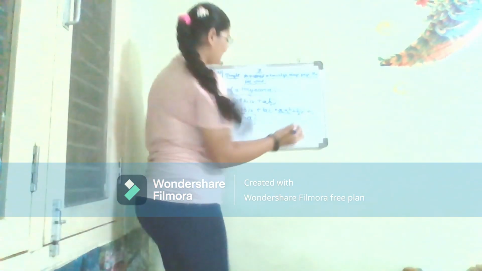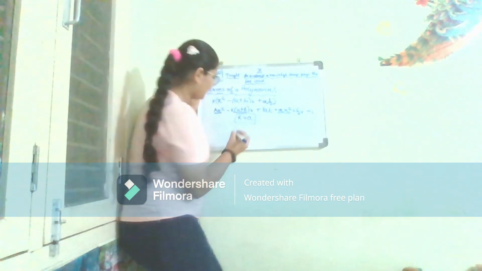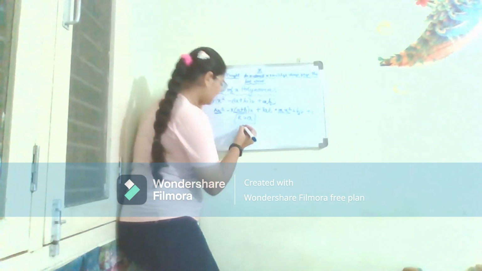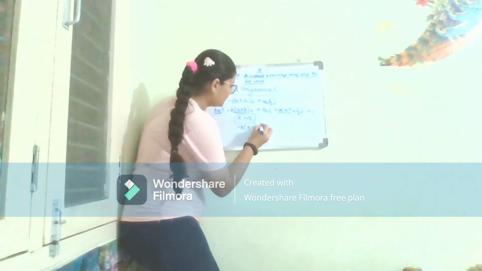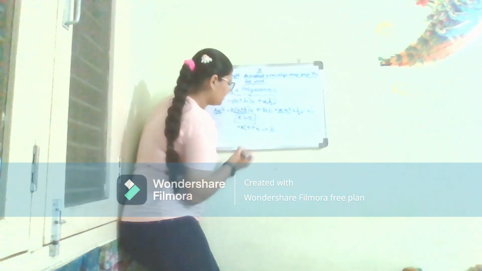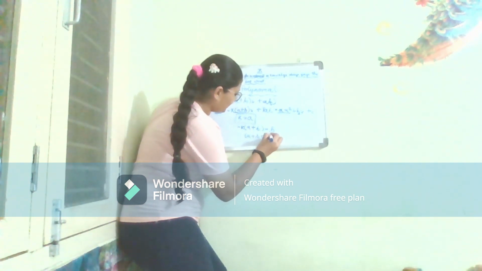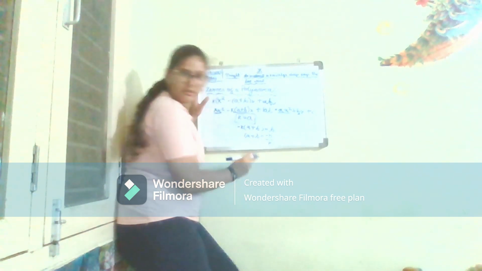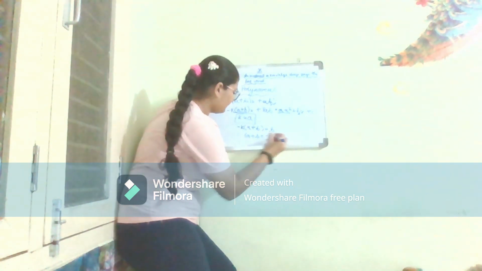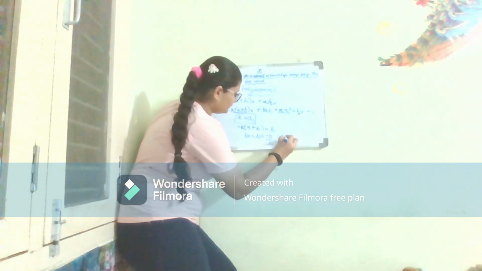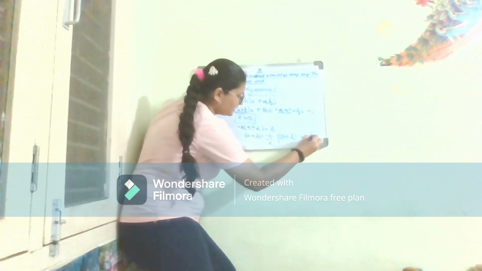Now we need to find the value of b, and what we can see here is that the coefficient of x is minus k into (a plus b). So we write minus k into (a plus b) is equal to b. From here we get a plus b is equal to minus b by k, and the value of k here is a, so it is minus b by a. So we can conclude that the sum of zeros of a quadratic polynomial is minus b by a.